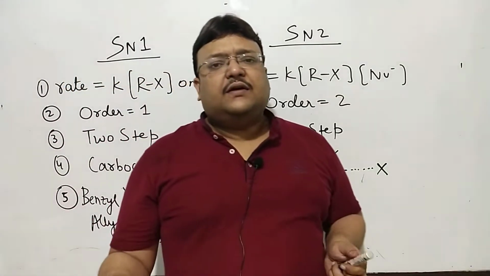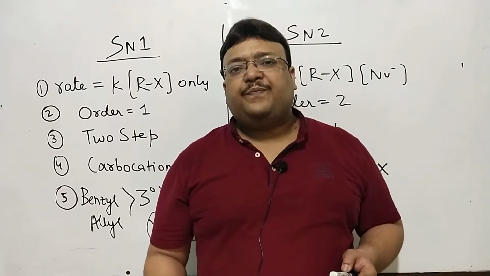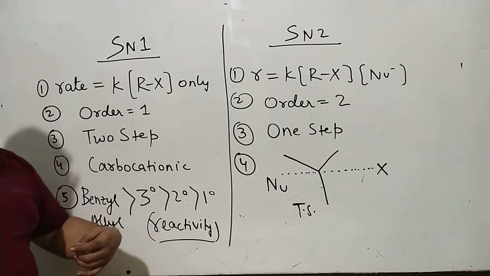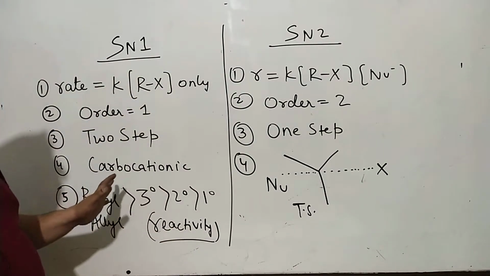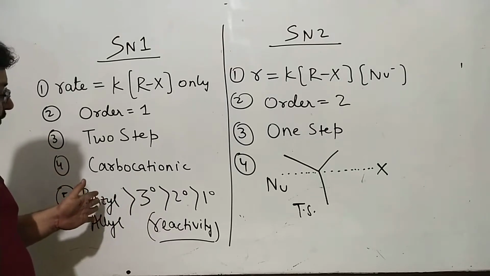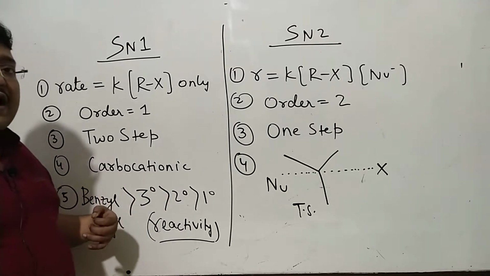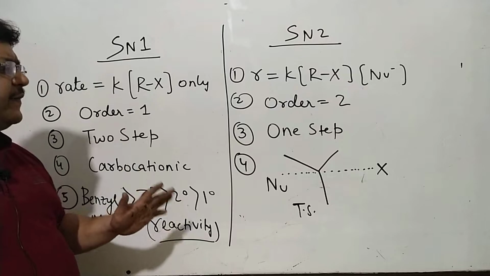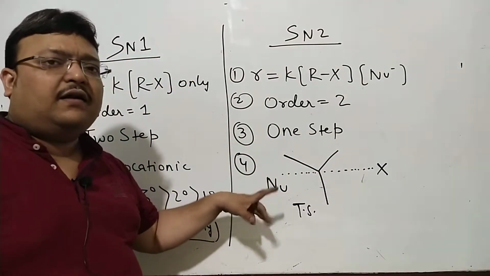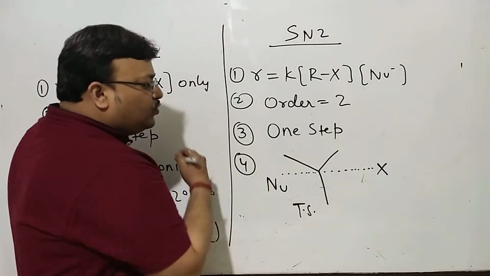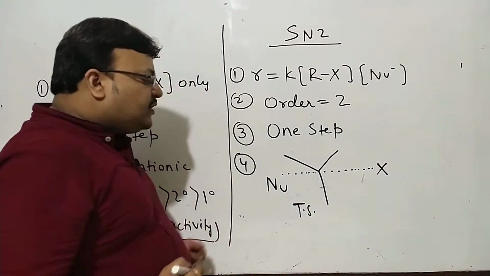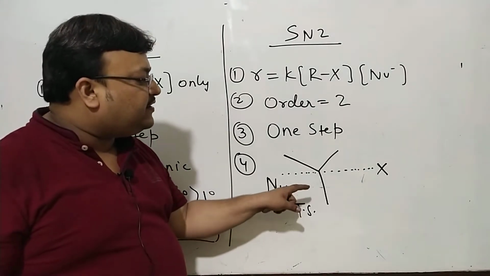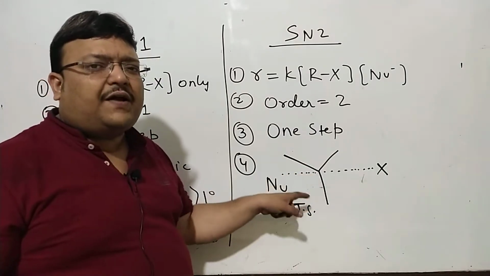I've told you umpteen times, the reactivity of a halide, the reactivity of a compound, will depend upon the stability of the intermediate. You know, in SN1 the intermediate is a carbocation. So certainly, if this is the order of stability of carbocation, the reactivity towards SN1 would be benzylic, allylic, more than 3 degree, more than 2 degree, more than 1 degree. Here the reverse will happen. One, a carbocation is not formed. Two, this carbon has 5 arms. For a smooth formation of a transitory state, the transitory state looks pentavalent, with 5 arms around this carbon.